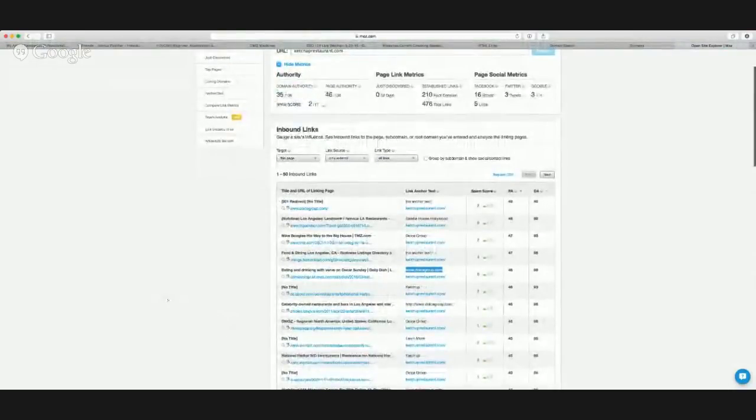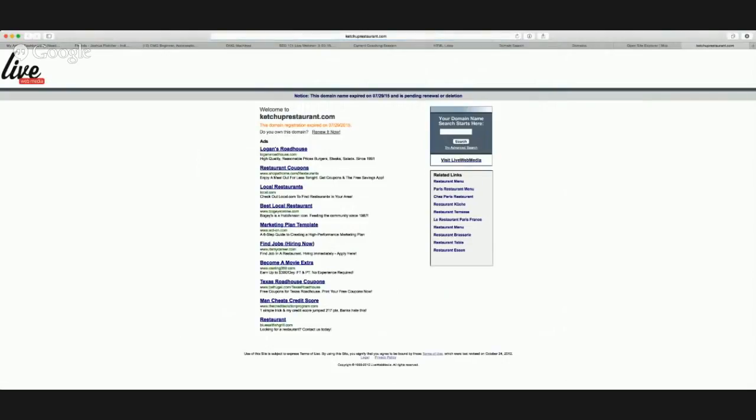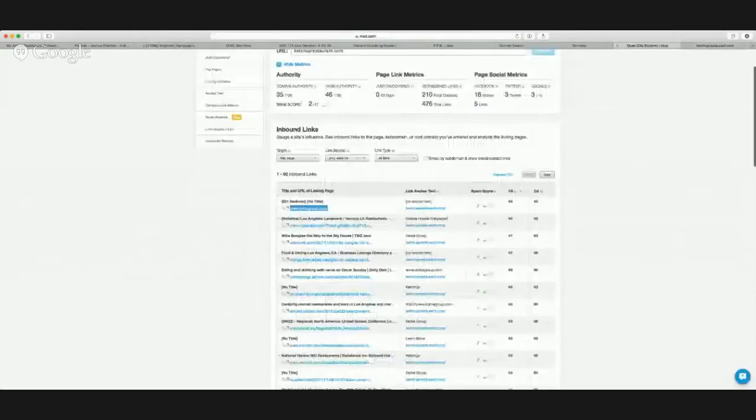This is a 301 redirect to this dolcegroup.com, so I want to open this in a new tab. Sure enough, it forwards to this, showing pending renewal or deletion. So in all likelihood, this Dolce Group let this website expire and they haven't renewed it for whatever reason. I don't know, but their loss may be our gain.